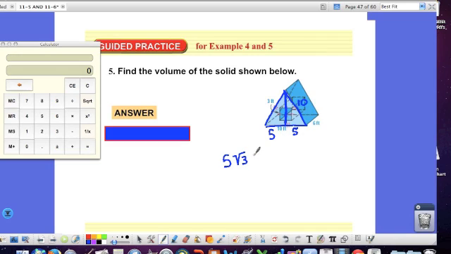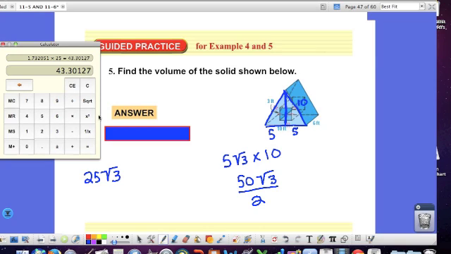So 5 radical 3 times the base of 10 is 50 radical 3. And 50 radical 3 divided by 2 is 25 radical 3, which is approximately 43.30. That is the area of this base. I'm going to multiply that by 6, and I'm going to get the volume of this triangular prism is about 259.8. But I need to subtract out